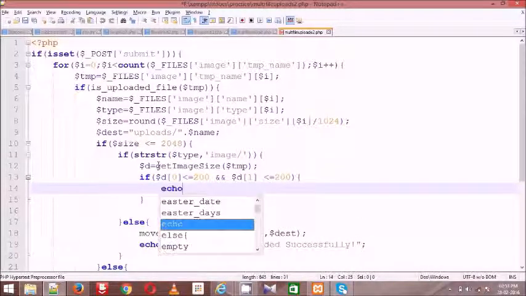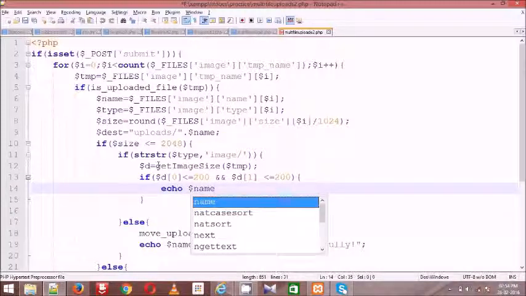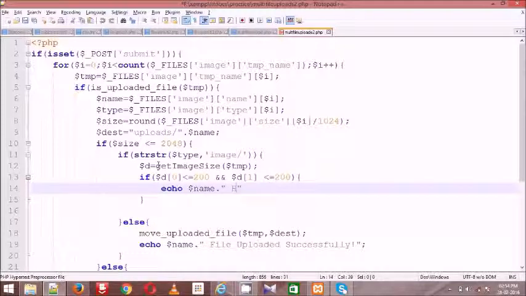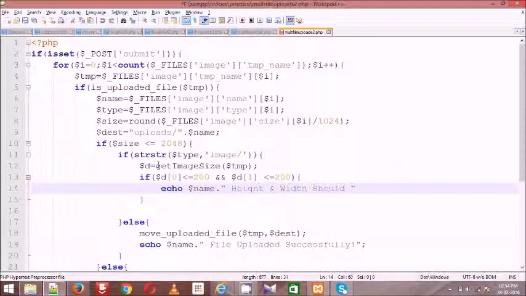Here the same message: dollar name, height and width should be greater than 200 pixels, right?